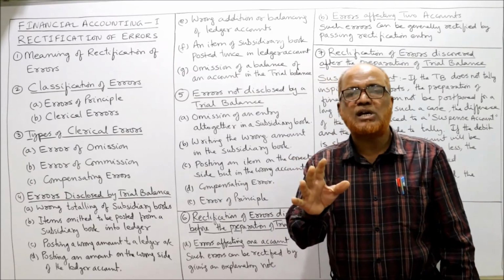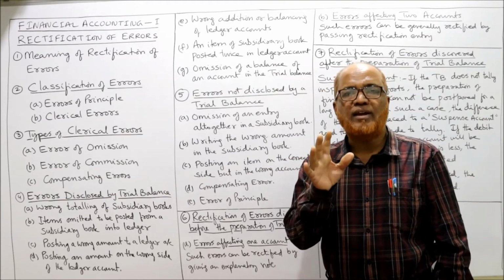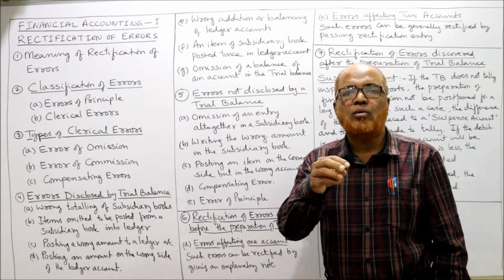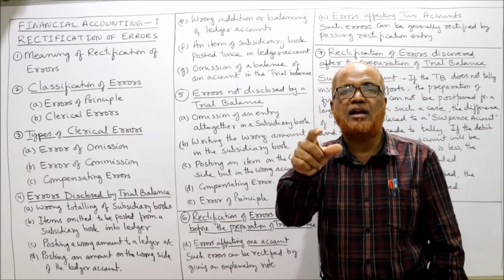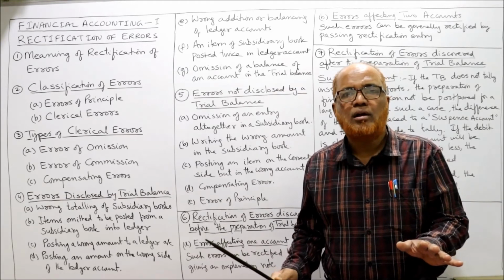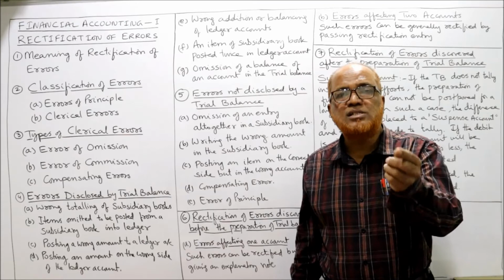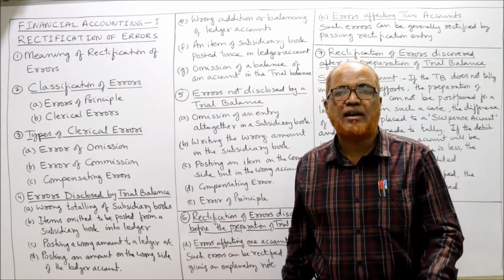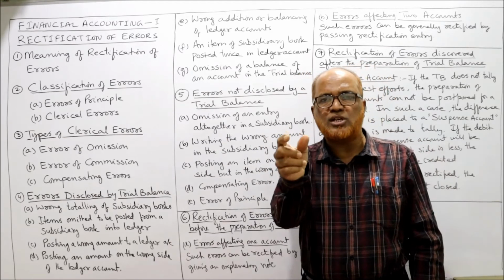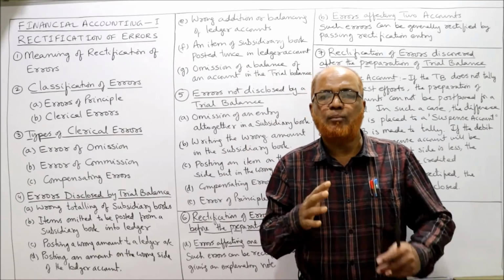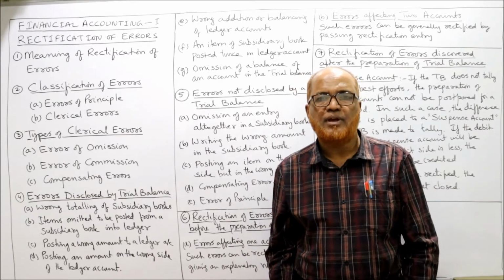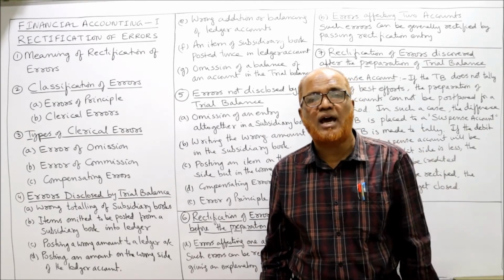Example, whenever goods are purchased on credit, it should have been recorded in the purchase book. But the accountant has forgotten to write that entry in the purchase book itself. Omitted. He has not recorded it at all. This is called error of omission. So in spite of this error of omission, your trial balance will agree. Because we have not taken the debit side, we have not taken the credit side. We have not debited purchase account, we have not credited parties account. When both debit and credit effect is not given, your trial balance will agree definitely.